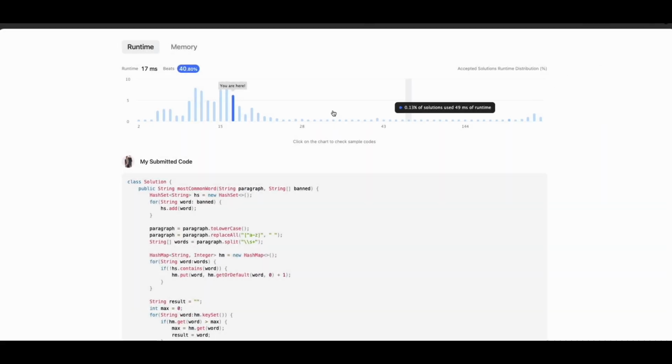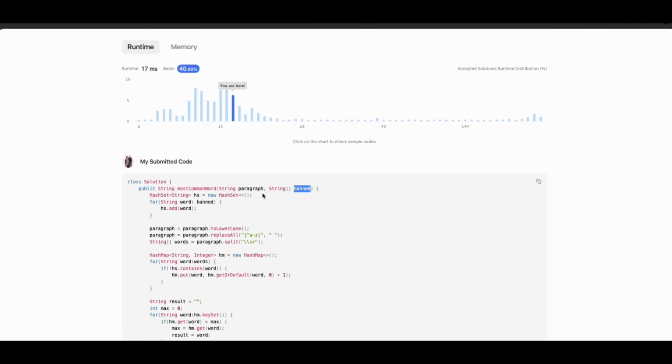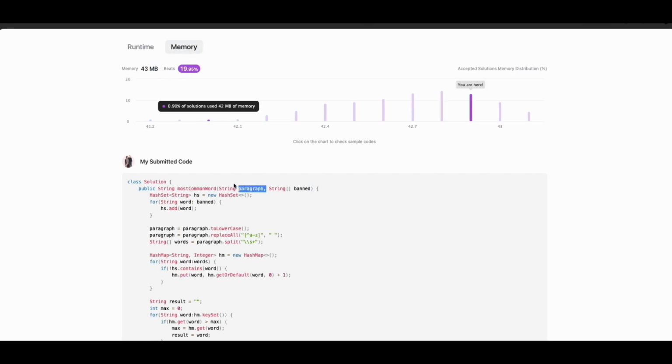Okay, the solution is accepted. The time complexity is O of n. Since we are taking the banned words and creating a hash set, the lookup time is always going to be constant. That's why the time complexity was improved. After that, the only thing we're doing is traversing the string to get the list of words, and then traversing again. So it's still a linear operation. The time complexity will be O of n, where n is the number of words in the paragraph. And the space complexity will be slightly higher because we are creating a hash set and a hash map, so it'll be O of n plus O of m. Essentially it's still linear, but